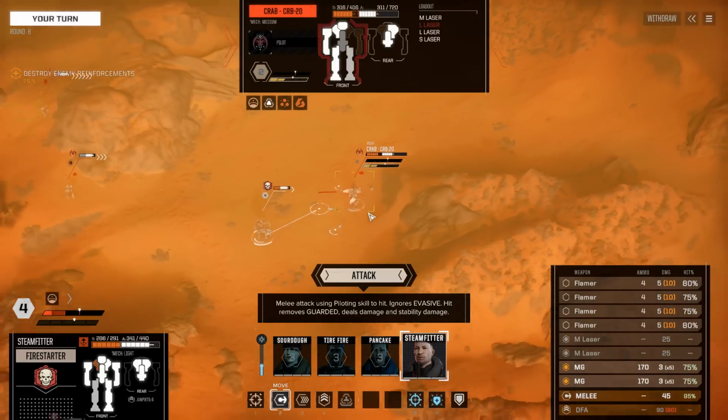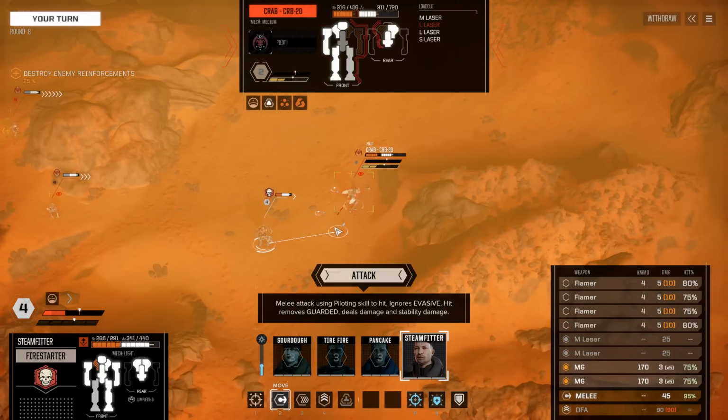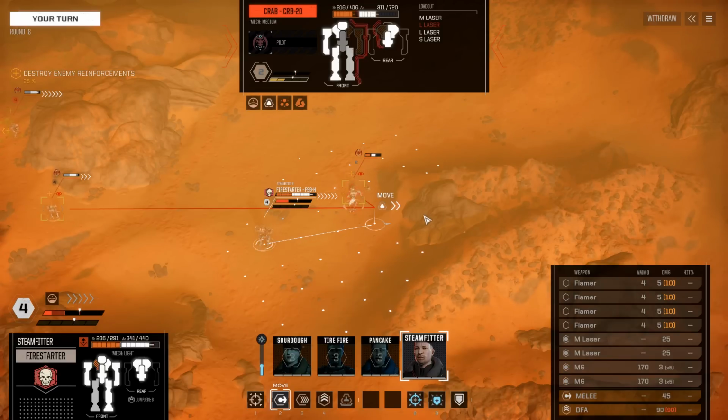This does put us in a little bit of... Like, if I go for this one, which I do want to... Right, I want to swing through the damage side. This does put us in a position to maybe take some friendly fire. But it'll stack up stability. It'll potentially open him up. I wonder if I should...